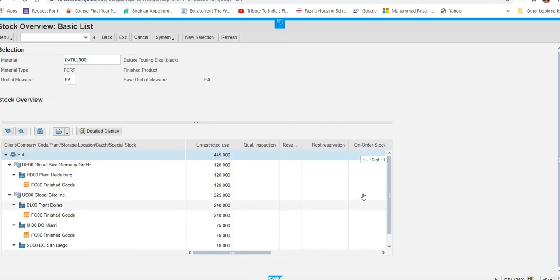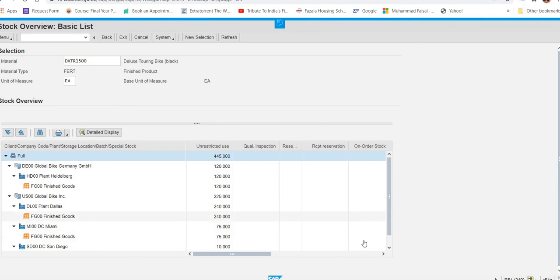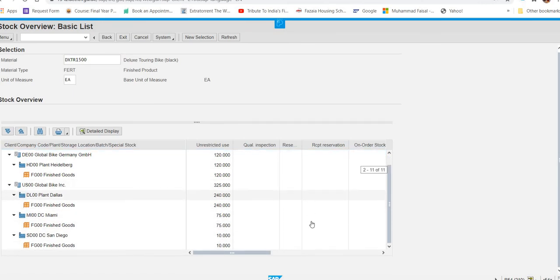See now, all the things mentioned over here have been moved, and that quantity has been added in the respective storage locations. Okay. The next step again is the display material inventory value. So you can check it by yourself.